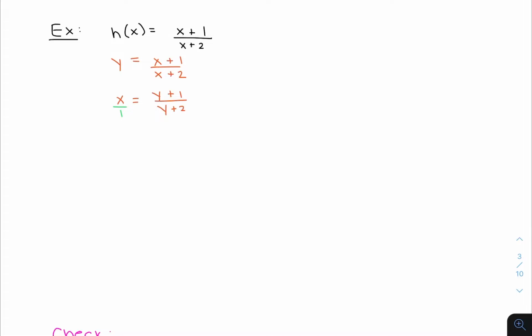We can multiply x times y plus 2, and that's going to be equal to y plus 1. We have to solve for y. And there's actually a y inside parentheses, so that means we have to distribute our x. So we can distribute: xy plus 2x equal to y plus 1. And now the next step would be to isolate all the y's onto one side of the equation. So what we can do is subtract 2x from both sides, and then we have xy is equal to y